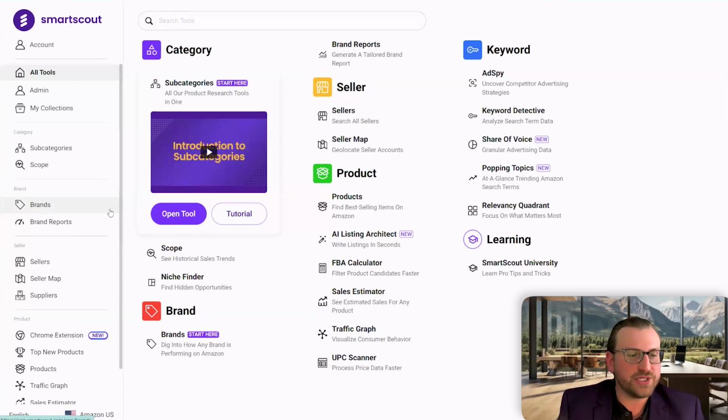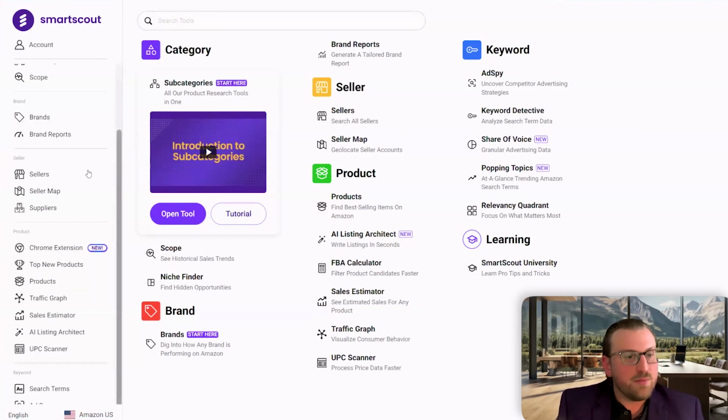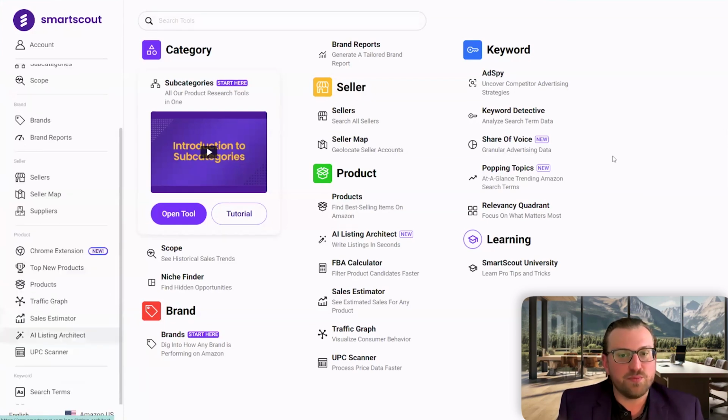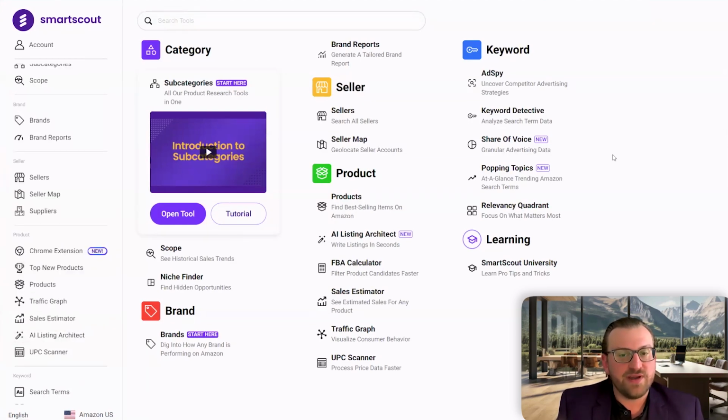So to end this demo, as we were telling this story, we were injecting ourselves into the Amazon ecosystem, but we do have some other tools that are a little bit standalone. We do have an AI listing architect, which you can use to build listings very quickly. We'll pull in competing products, and in seconds you get a beautiful listing in terms of copy that will take you at least 90% of the way there. You can polish it up and things like that.